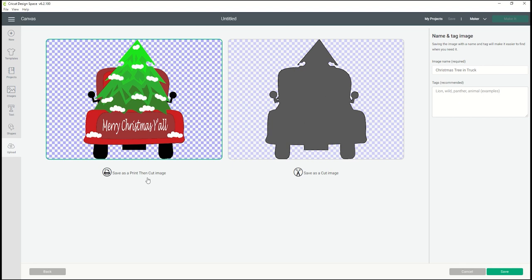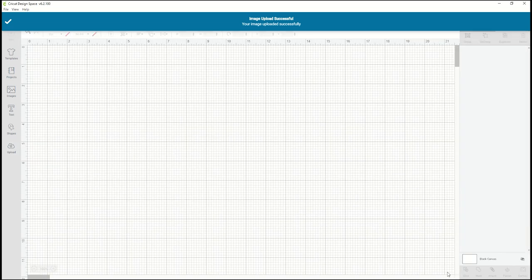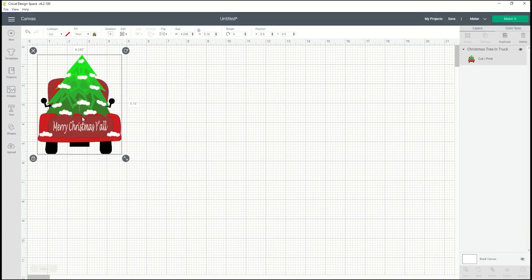Or you can do it as a print then cut. So you can print it out on your printer and then Cricut will come in and cut all the shapes out around this. So you'll have the image on your paper already printed. Those are the two options, and then you can tag this and then save. So we brought it in as a print then cut, and insert your image, and it's right here. Then when you go to make it,